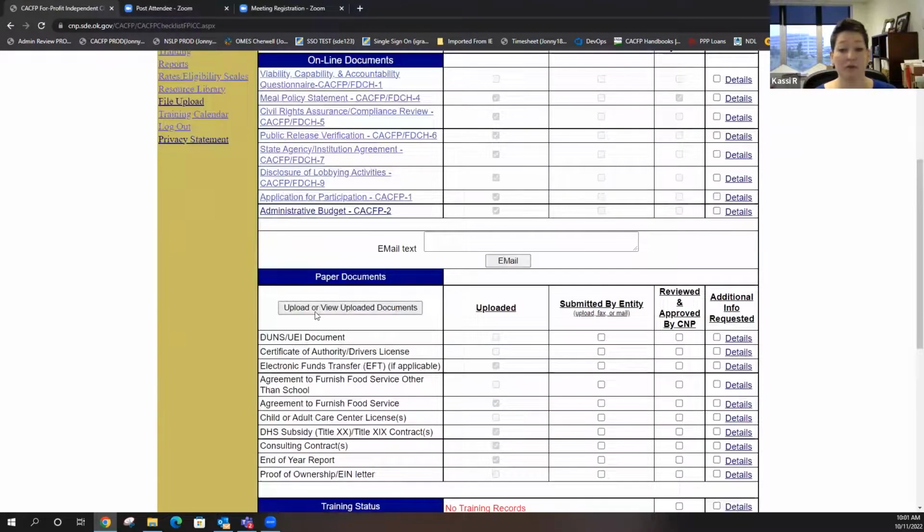All right, so you have the ability to look at your documents. This is beneficial for us too, because we are swamped with emails since you have to email us stuff, but we don't want more than we need. So look at these documents and make sure the stuff that's in there, your certificate of authorities, your DUNS, well, it's not DUNS anymore, your UEI, your childcare license if applicable, is all up to date. If it is, we don't need new copies.